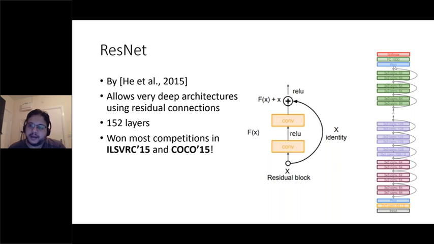So it's like having another path. The gradient can travel a long path and a short path. If the long path doesn't work well, the short path can compensate. Does it make sense? Guys, does it make sense for you? Please.